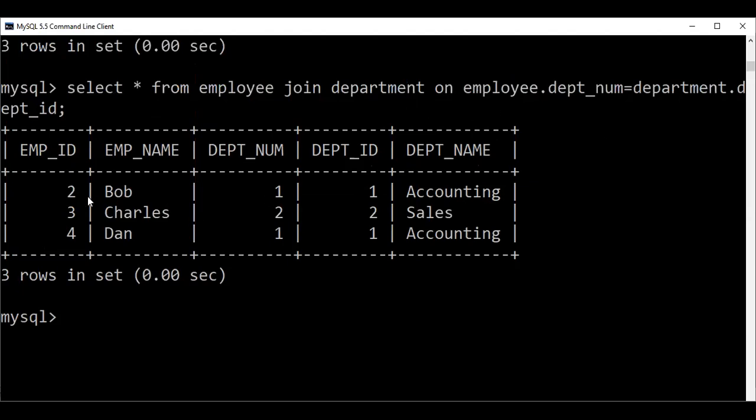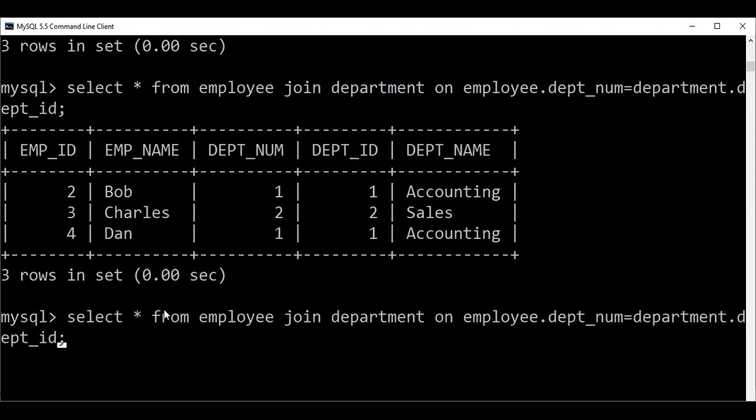Okay, then I'm moving to non-equivalent. Now I'm changing this equal operator to another operator. Let me change this to the not equal operator. How is it not equal? Less than and greater than. Remember, in MySQL, less than and greater than together is the not equal operator. Then what will this information give? Bob is working in accounting, so it will give the departments Bob is not working in.